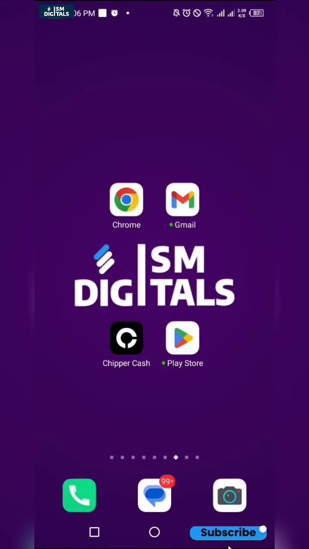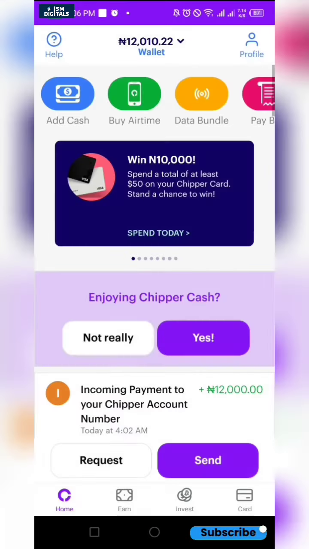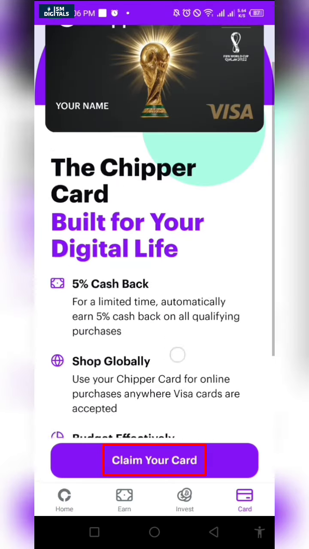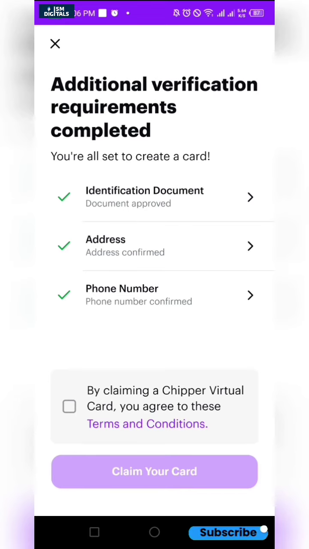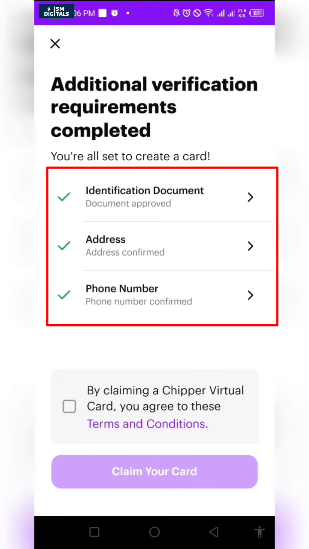Okay, so here is how you can generate your virtual Naira or dollar card. Just go to the app Cheaper Cash. You can download it, and just create an account, verify, and click on card. Then click on claim your card, and upload your verified document, your address, and your phone